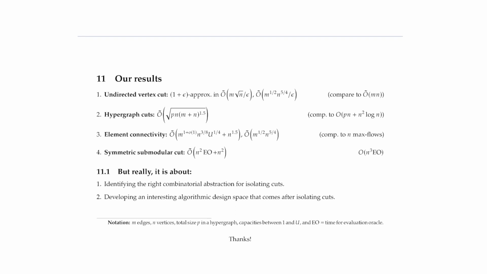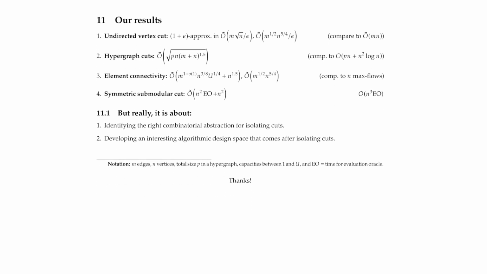Okay, so let me then conclude. To recap, we get these better running times for a variety of basic combinatorial problems. But really, I think we explore and put forth an abstract framework that extends isolating cuts to many more combinatorial problems, and we identify that there's some stuff you could do that goes past just isolating cuts that can get you substantially better algorithms, and I think this is a place that still welcomes new and better ideas.